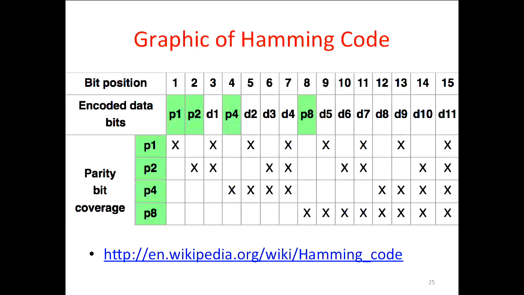So looking at this graphically, here are the bit positions from left to right. We put a parity bit at location 1, 2, 4, and 8. We mix the data bits in between, so data 1, 2, 3, 4, 5, 6, 7, 8. In this case, we have 11 data bits and 4 parity bits in a 15-bit word. You can see this parity bit is calculating parity over every other bit position. This one is every 2, every 2, every 2. This one's every 4, and this one's the last 8. Okay, so by having multiple parity coverages of this word,